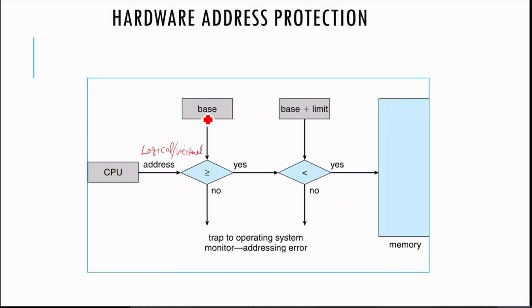Okay, so coming to this here, whatever address is generated for a particular process by the CPU, first it will be checked whether this address is greater than the base register or not. If it is greater than that, then that address will be allowed for that particular process to go into this one. In this way partitions are there, as we had seen in the previous examples also. This is called the RAM, random access memory.